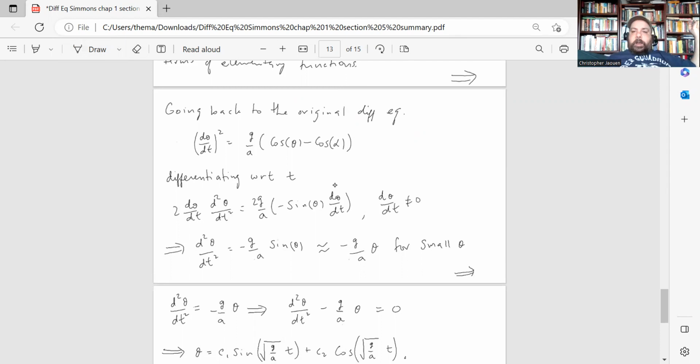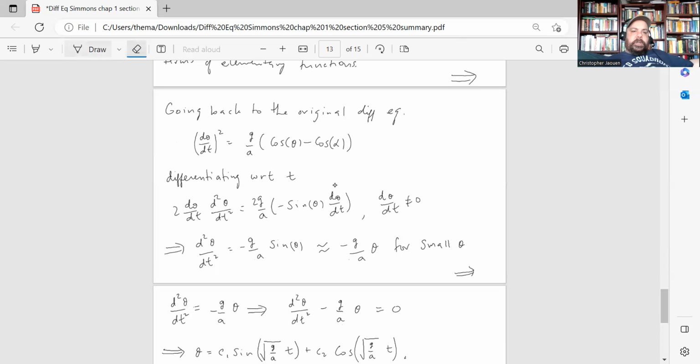We actually did an example like this in Taylor, I forget what section it was, but there was a problem where you had a skateboard going down a half pipe or something, and we used a similar technique for solving that differential equation. So here, going back to the original differential equation, instead of taking the square root and integrating, what we can do is differentiate again, and using